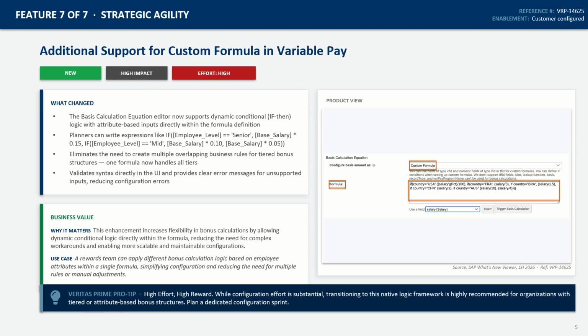Finally, we have a high impact feature: enhanced custom formulas in variable pay. You can now use if logic directly within the formula editor, allowing you to manage more complex bonus structures in a single formula. For example, you can define different bonus calculations based on employee level, all within one formula